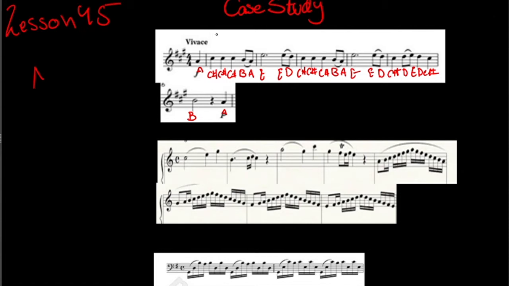So that's the pickup bar plus the first bar. Second bar, once again remember a dotted half note is the same as a half note and a quarter note, same value, right? So that's going to be 3 counts, and by that logic the second bar is going to be 1 and 2 and 3 and 4 and once again 1 and 2 and 3 and 4 and